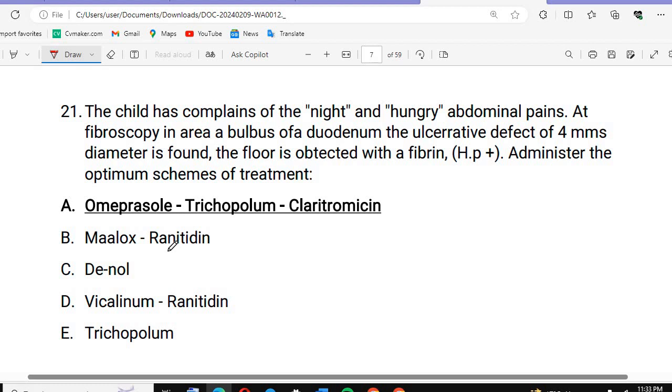That is Helicobacter pylori positive. Then we have to administer the optimum scheme for these statements. So they are asking us for what? The treatment. In this condition we have Helicobacter pylori. So this one is again the important one, because in Helicobacter pylori we give the